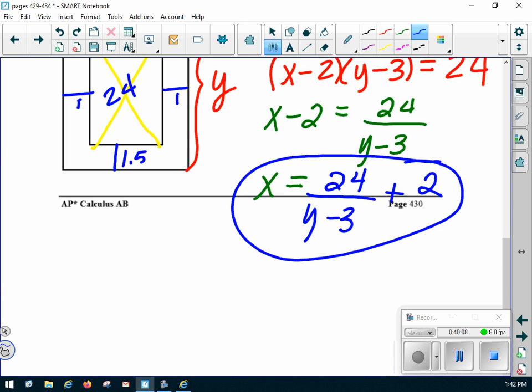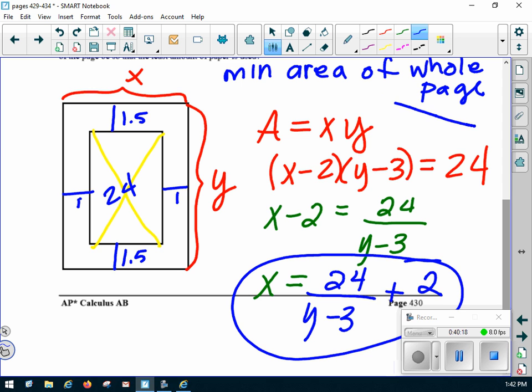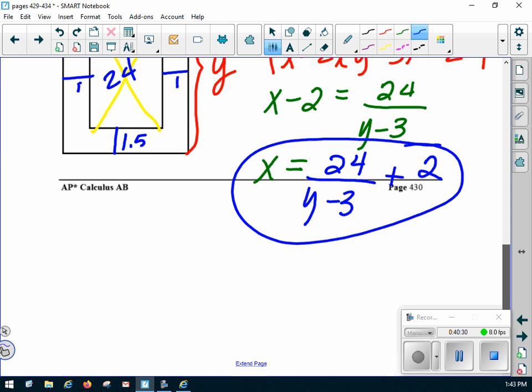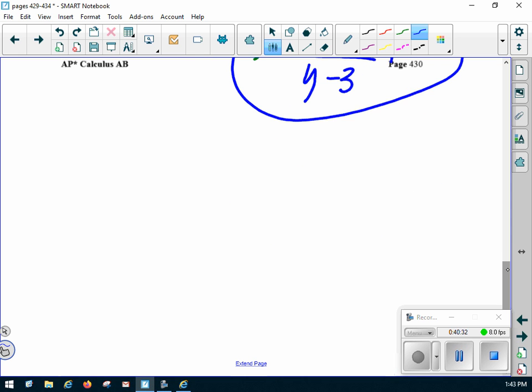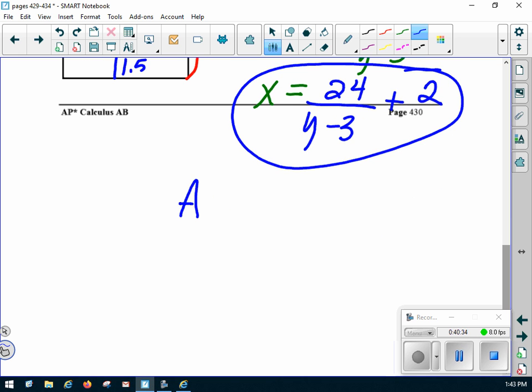Now look, that's what x is, right? So I can take that and I can substitute that right back in here for x. And then the only variable I'll have is y. Indeed. So the area that I'm trying to minimize is x, which is this, times y. So I'm just going to put y times